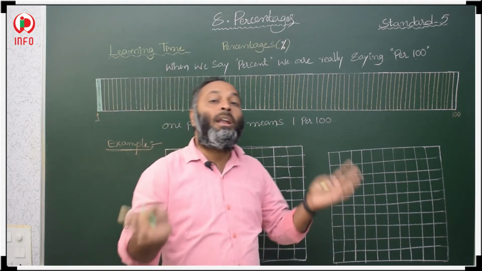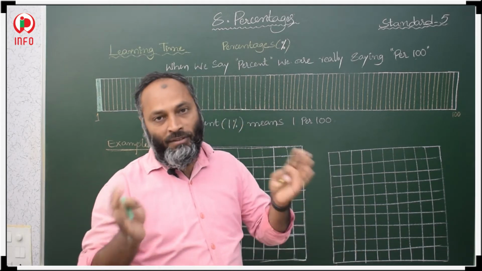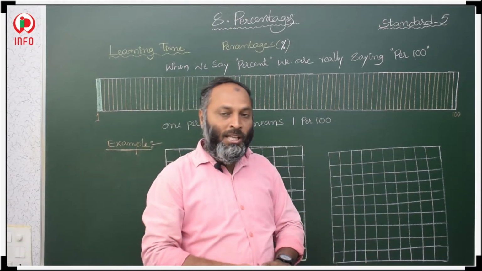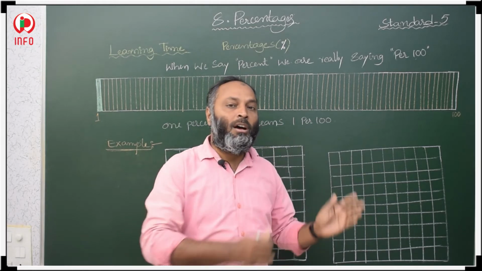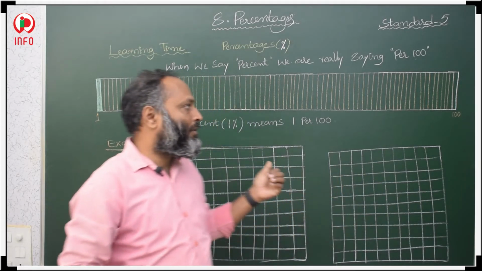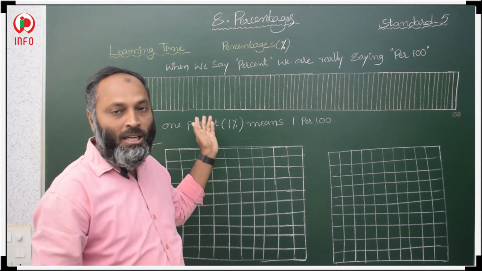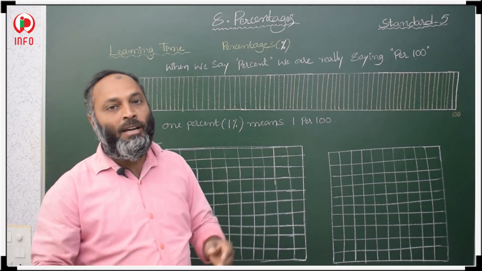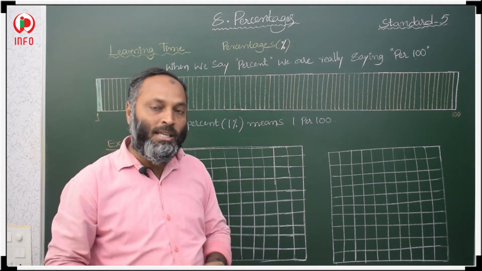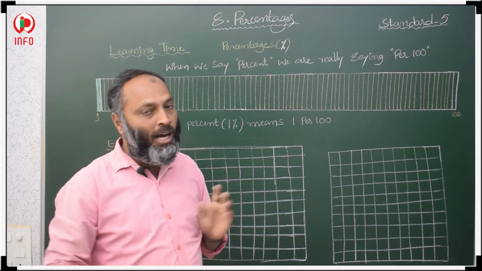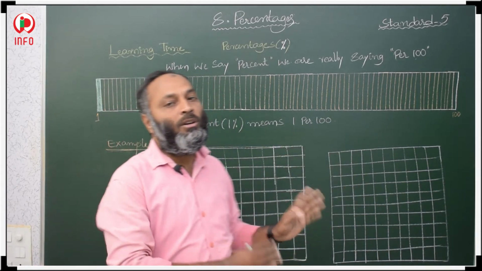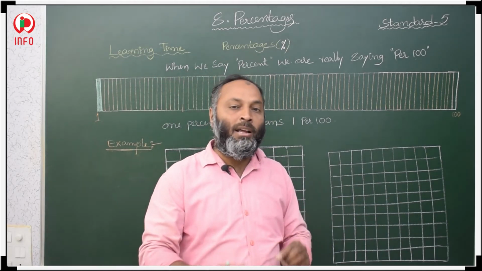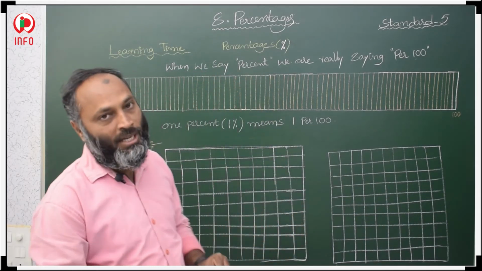1% means out of 100. Whenever percent is there, we have to calculate out of 100. Out of 100%, how much part is completed and how much is left. In our mobile phone also, if we download something, it gives a percentage of how much download is completed. It is calculated out of 100%. Percent means per 100, how much portion is completed.